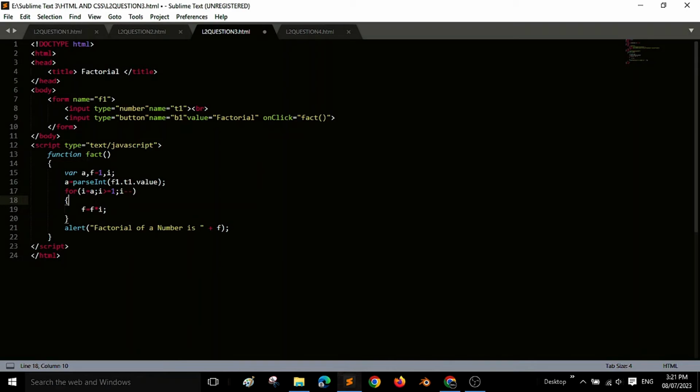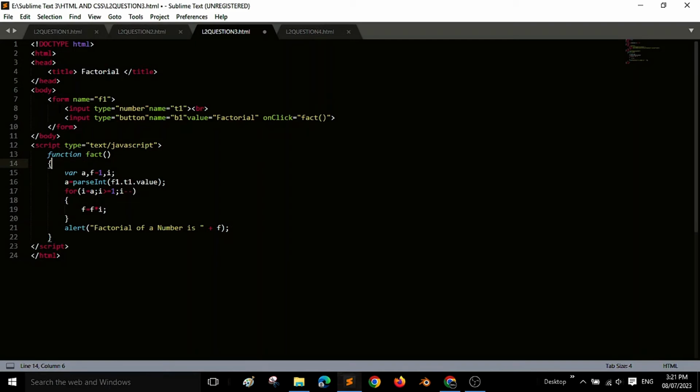After that you can see another line which states a = parseInt(f1.t1.value). The value that the user inputs here is retrieved using f1.t1.value, as to get our result we have to bring the value down into the JavaScript code. Then the JavaScript code will perform its function on the value and give its final result.